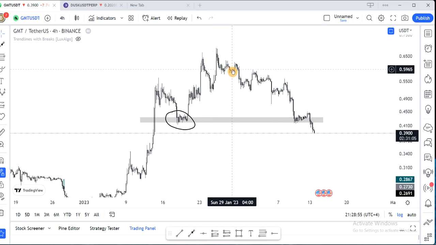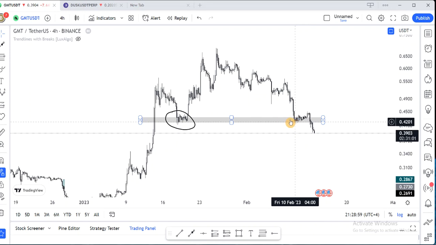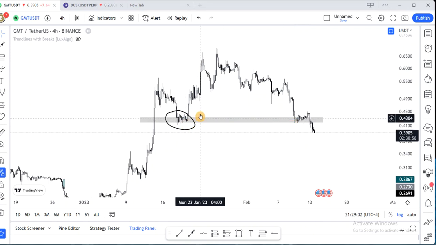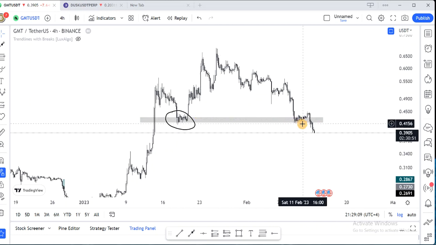So the coin started dumping and reached this level, the same level. Watch one thing: technical analysis is spiritual, and it respects you once you know what you're doing. This particular coin dropped to this level and got support there, and the price bounced back. Remember, it dropped to 41 and pumped to 44, almost 45, 0.45.